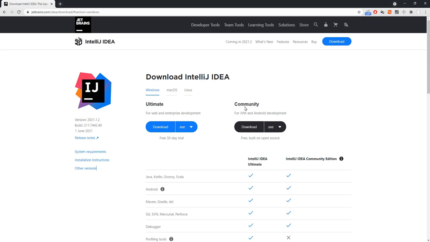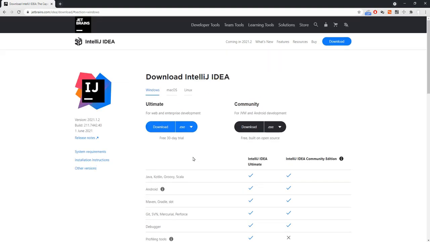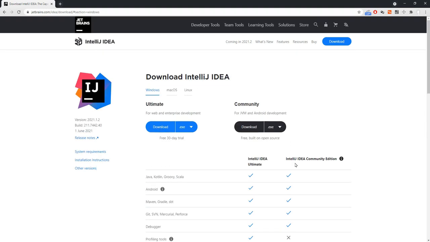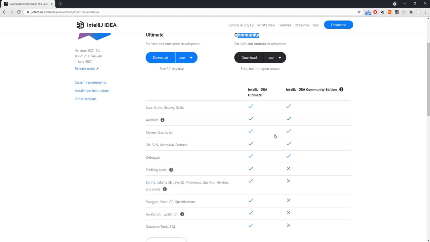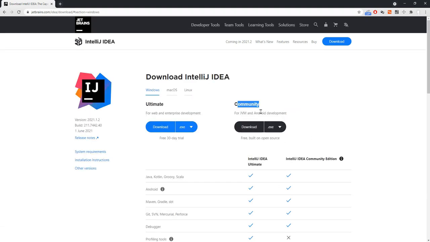So if you want to work with IntelliJ IDEA along with Spring Boot, you have to install the Ultimate version. This is basically a paid version, which is available free for a 30-day trial, and after that we need to pay for it. If you want to keep using it, or invest in this tool, you have to buy it, and then you can work with Spring, which is supported only on the Ultimate. If you are using the free Community version, Spring and Spring Boot will not be supported on this particular edition. So you need to make sure of that.